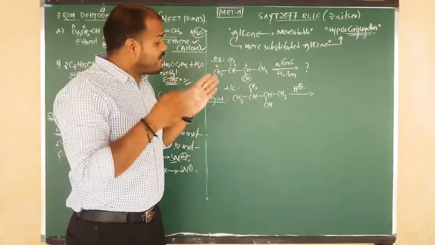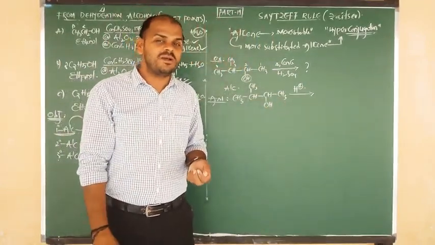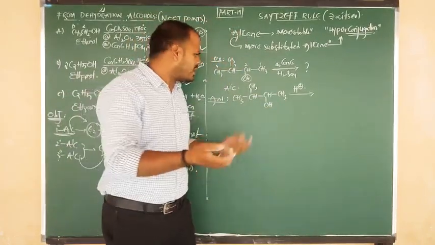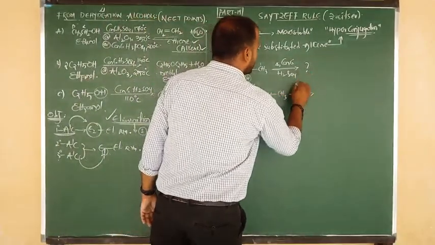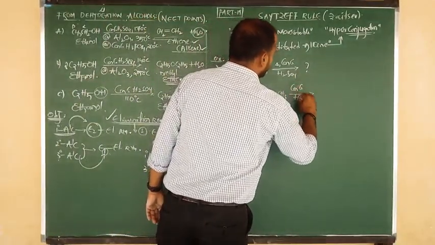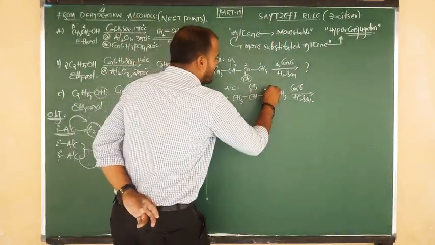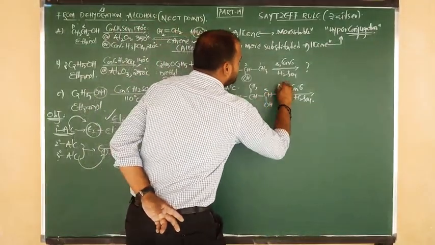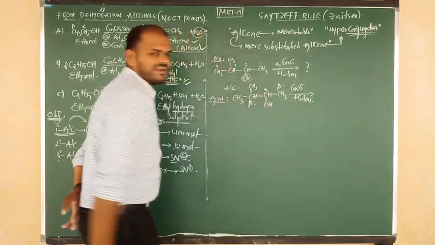Good. So we have to follow the mechanism. Which mechanism? I told you yesterday, the dehydration of ethanol to ethene. Without doing the mechanism also we can do it shortly. I will tell you how to do the reactions. We are heating with concentrated sulfuric acid. The carbon with OH is alpha. Okay? And the adjacent carbon is beta. And here another adjacent carbon is also a beta.